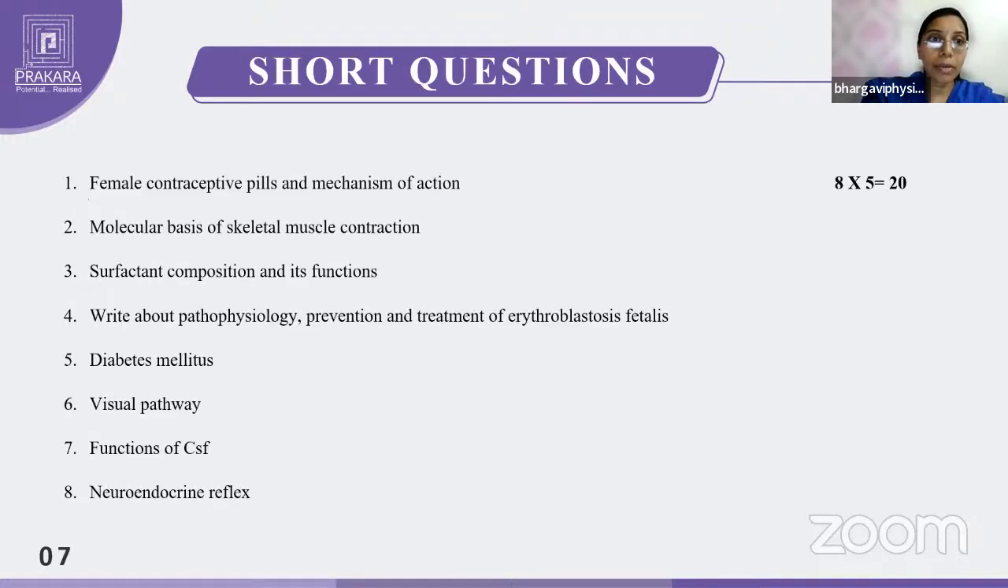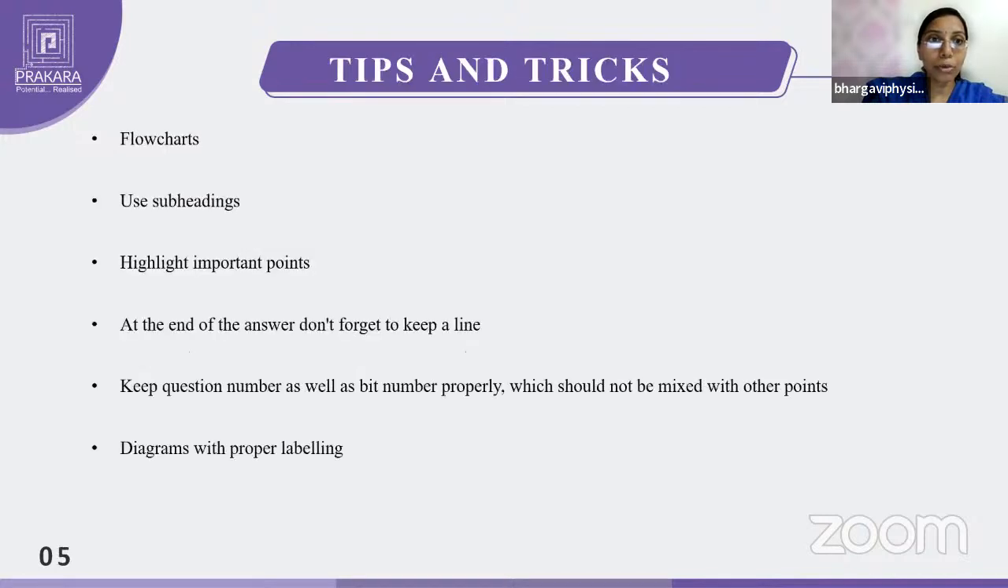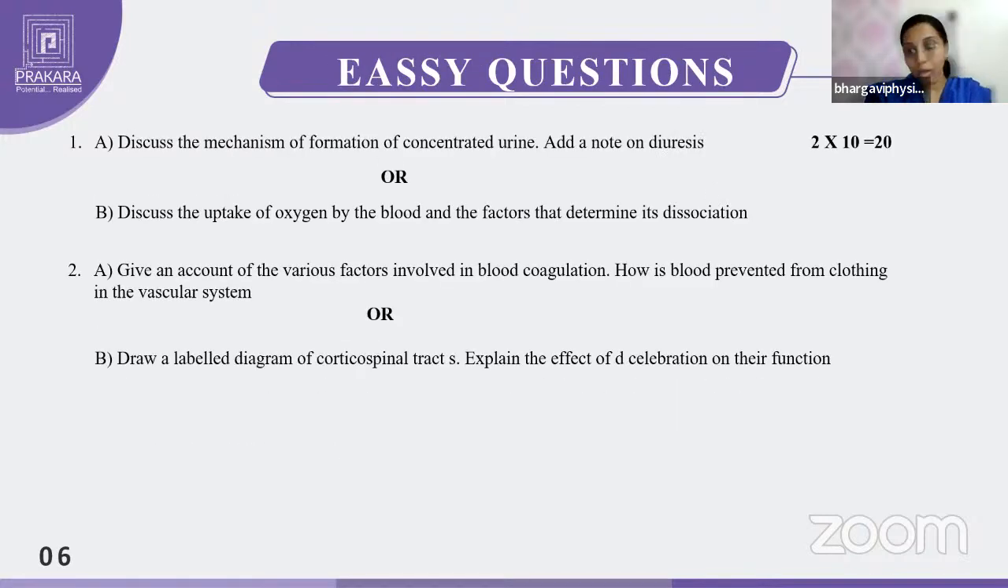So now simply we will discuss how you have to present by taking one question paper. When it comes to the 10 marks question, here I'm taking one previous question paper and I'm going to brief how you need to present for the 10 marks. Here in the first bit, either A or B, any one of them, whichever one you are thorough with, that question you have to choose. Here A is: discuss the mechanism of formation of concentrated urine and add a